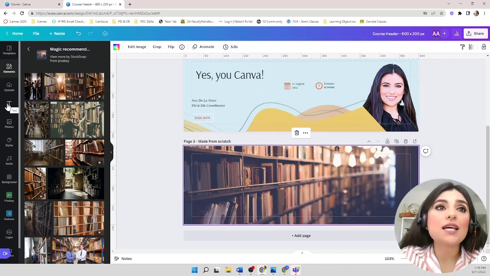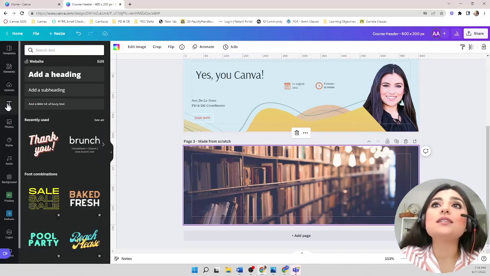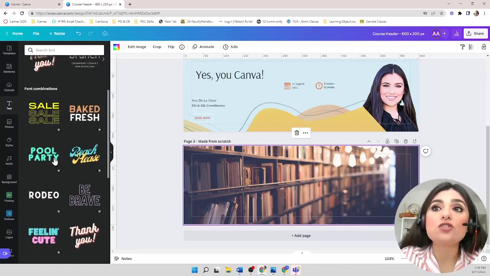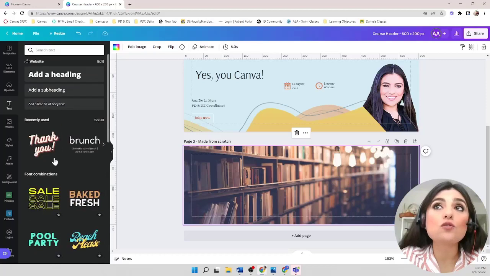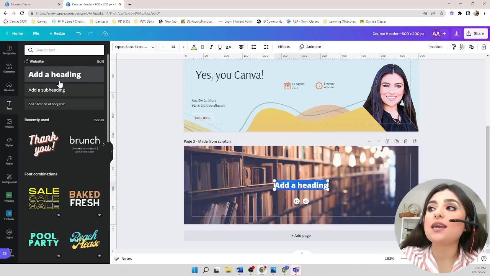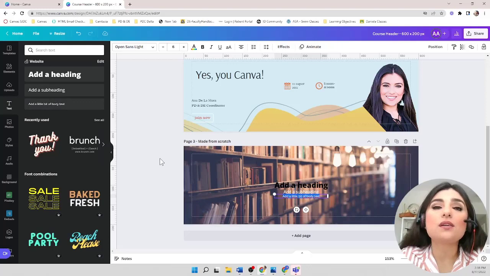We're going to click the text box in the editor, and once you click that text box, you'll notice that there are combinations of different text fonts that we can use, but then there are actual text boxes. So we're going to click on add a heading, add a subheading, and add a little bit of body text. This is our paragraph text. Now that I've added all three of them,